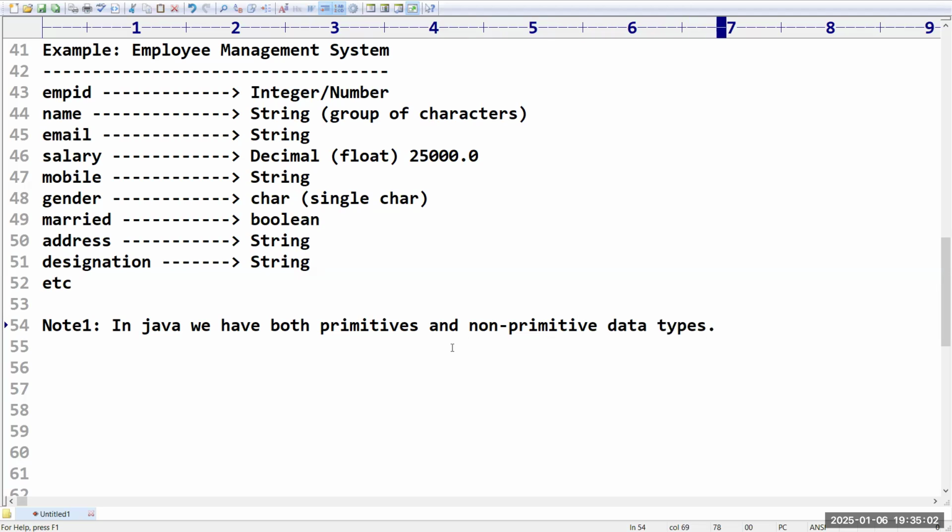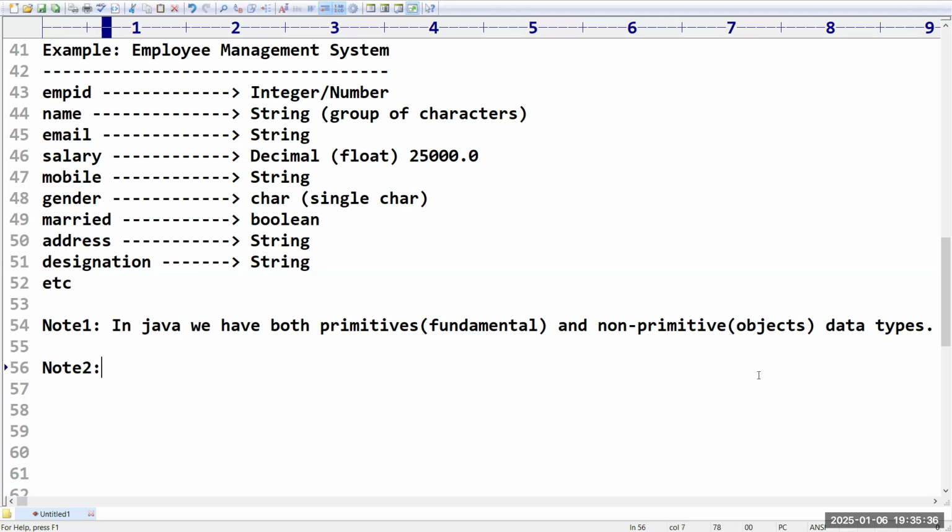What is meant by primitive? Primitive means fundamental data types. Non-primitive means objects. So in Java, we have two types of data types: primitive, the fundamental data types, and non-primitive, which are objects. Which are primitives and which are non-primitives, we will discuss later.